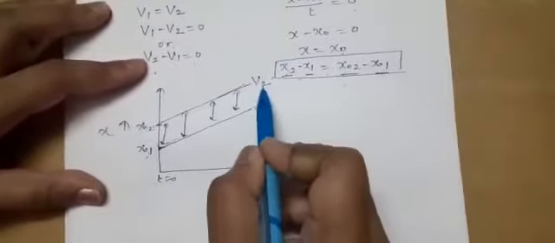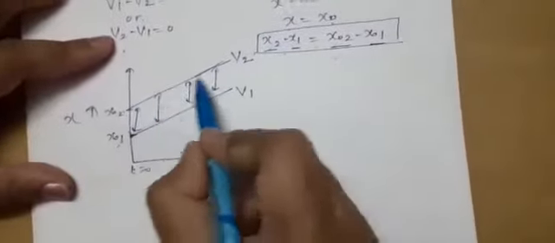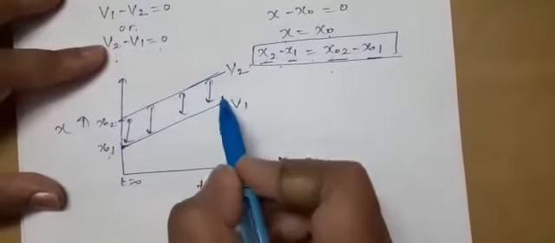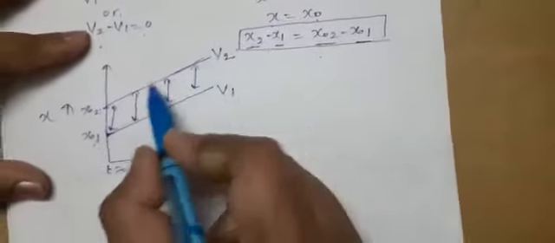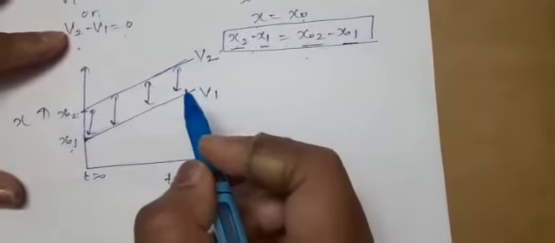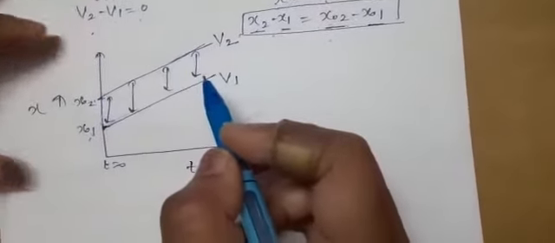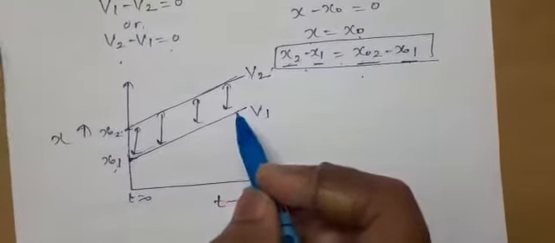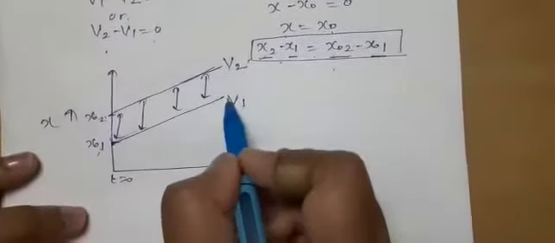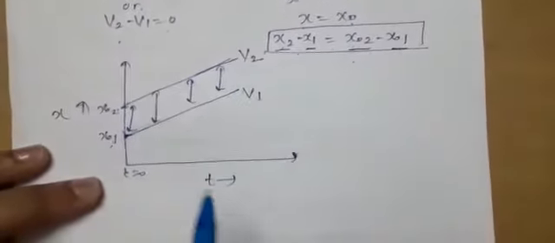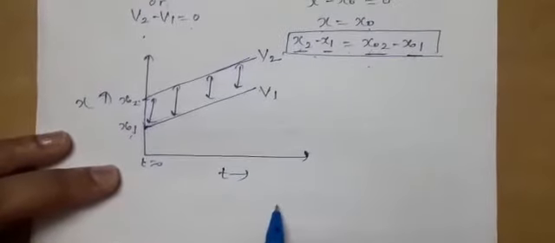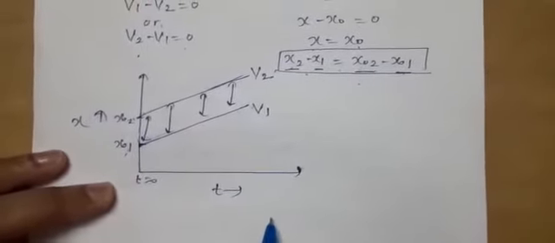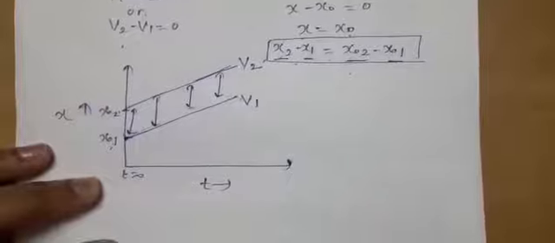Here one condition is given, v1 is equal to v2, so the graph will be parallel lines. You have to learn this point. If you remember this point, that the graph will be a straight line when the two bodies are moving with the same speed, then these lines will be equidistant, and hence the separation between the bodies will always remain the same. I hope this graph is clear to you.